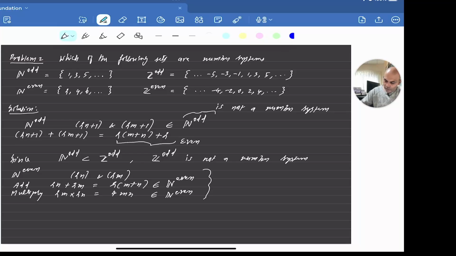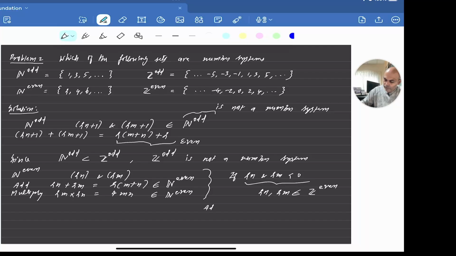So for example, we take 2n and 2m as negative numbers, so that we can say that 2n and 2m belong to Z even,